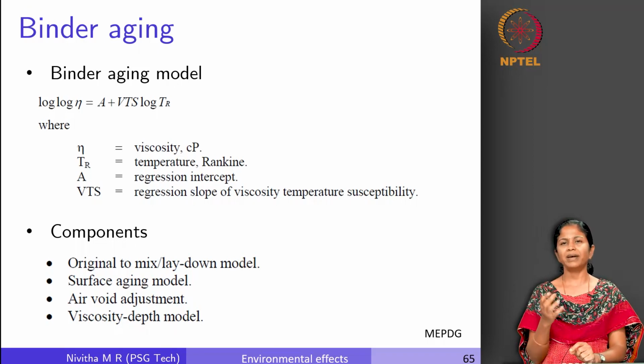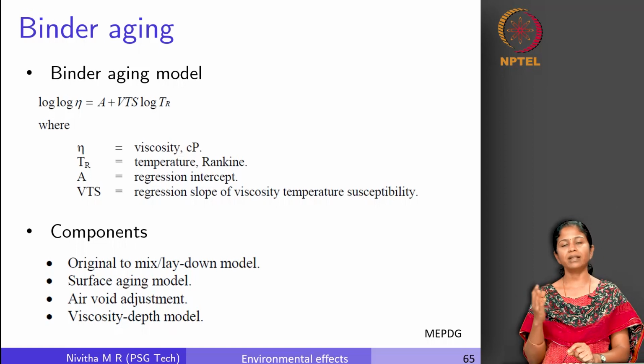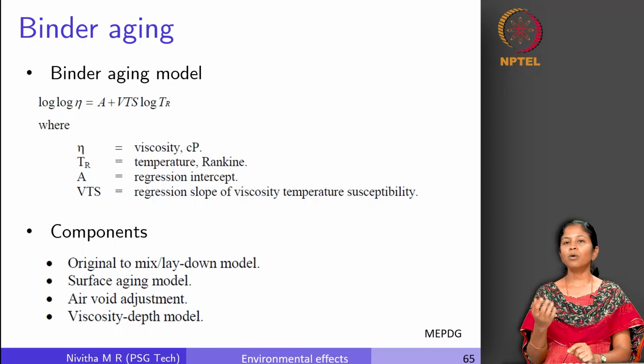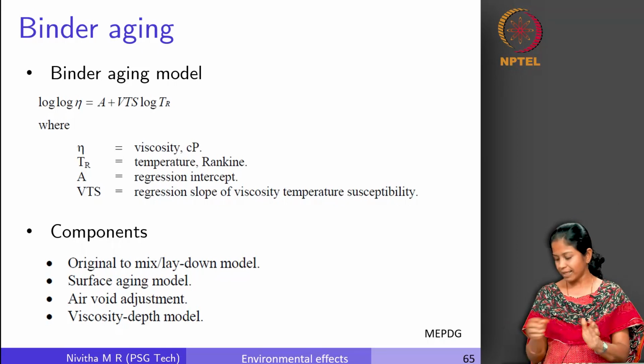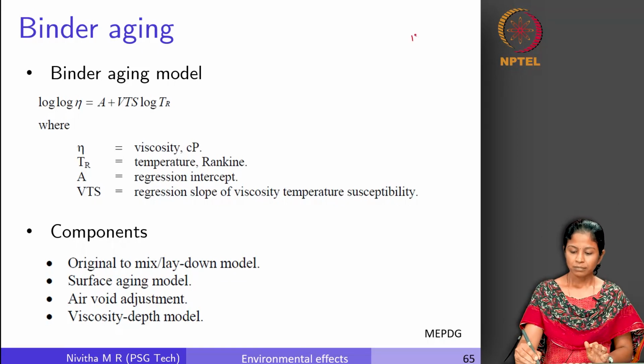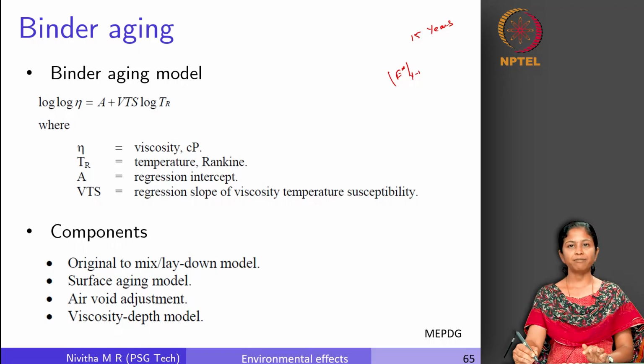So this is a very simple overview of why the material stiffens because of aging. Now how do we take that into account when we are designing the pavement? Because today I lay a pavement, let us say that my design life is 15 years. Today I have the modulus value, again let me use the E star year 1, which is the value that I have measured in the laboratory